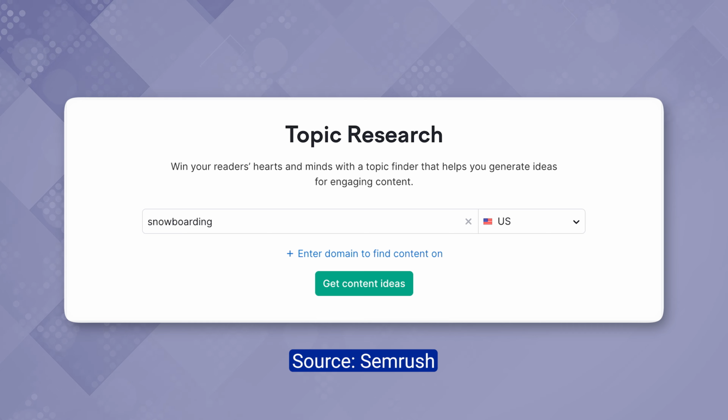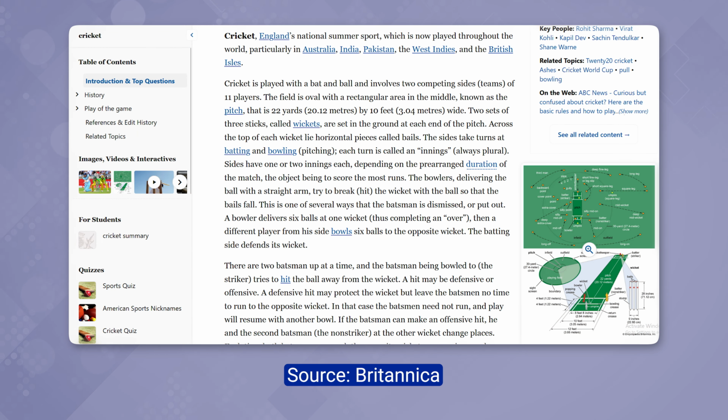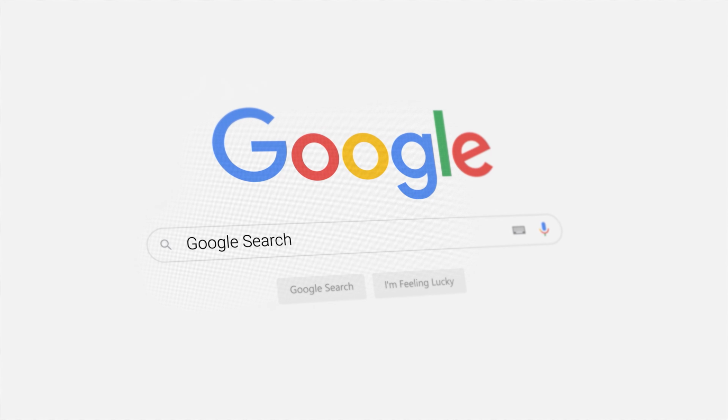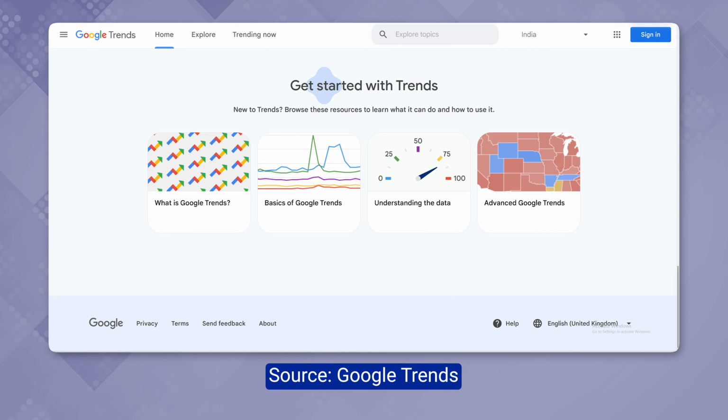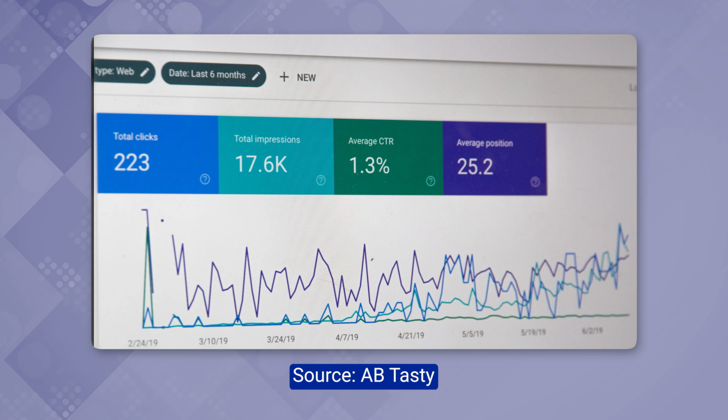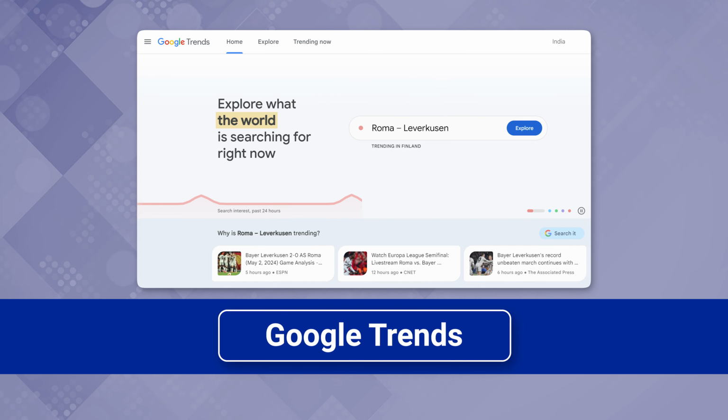Now, this starts with keyword research and also topic research for that matter. Before you go ahead and write your article, it would be a best practice to start looking at the volume of people who are searching for this particular topic. It's also crucial to find out if this is a trending niche or if the topic is on a downward trend. So you need to pick topics that are on the upward trend. That ensures that you are going to get a steady stream of traffic, or even growing traffic if it's better. So the first tool I would want you to take a look at is Google Trends.